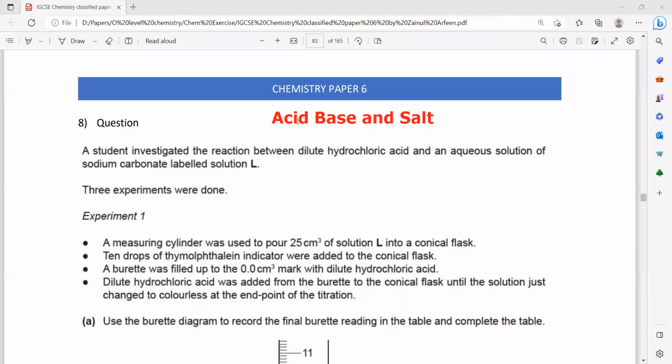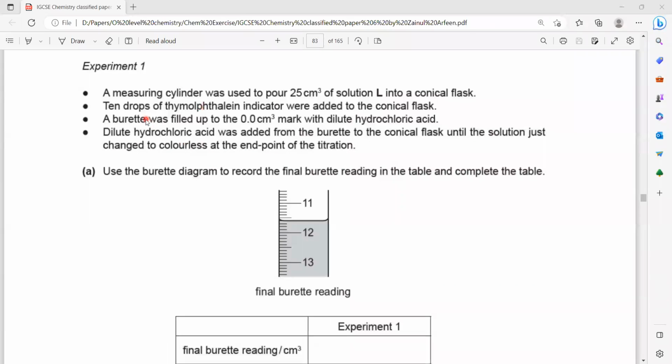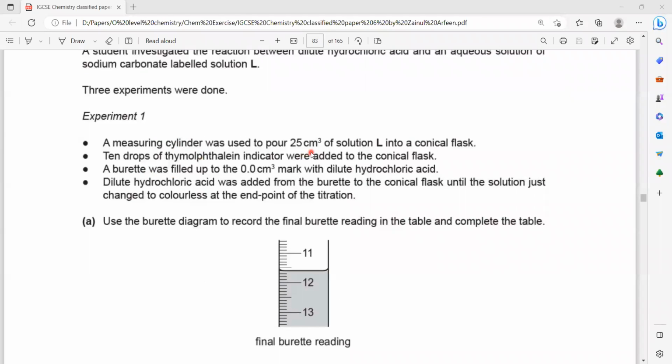So the topic is acid, base, and salt, classified paper 6, question 8. A student investigated the reaction between dilute hydrochloric acid and aqueous sodium carbonate, and he labeled the solution as L. Three experiments were done. In the first experiment, a measuring cylinder was used to pour 25 cm cube of solution